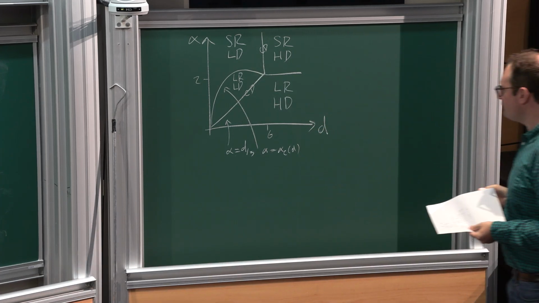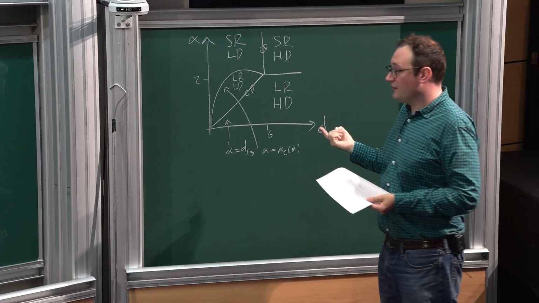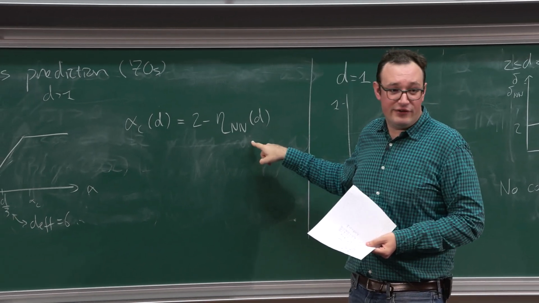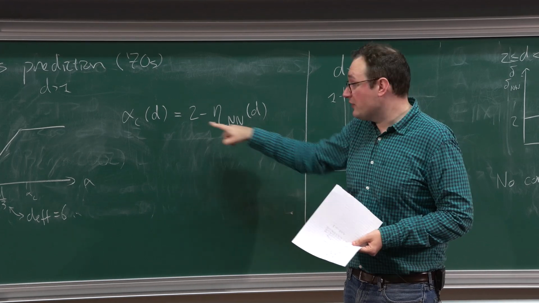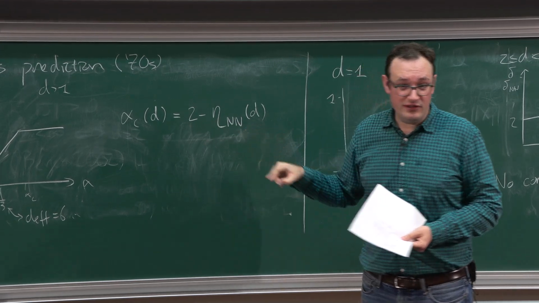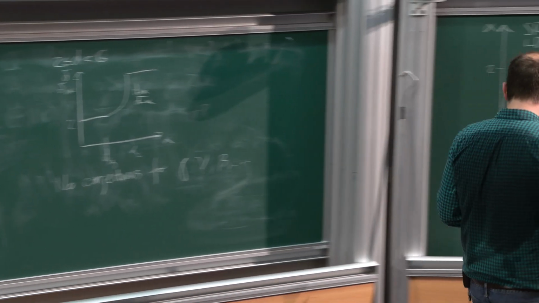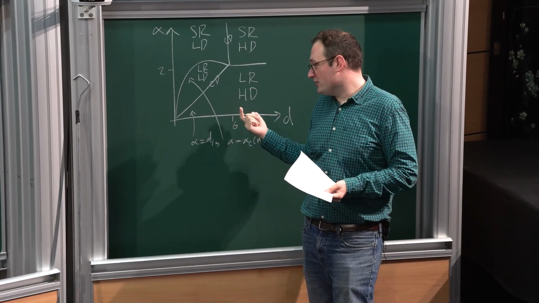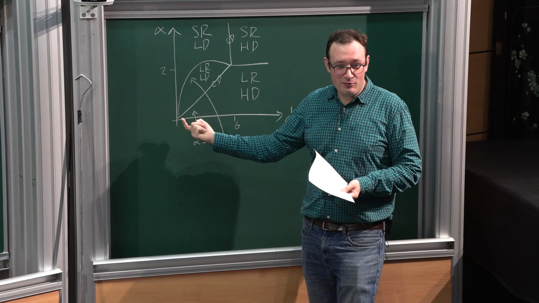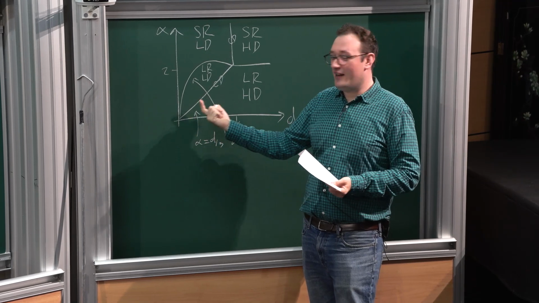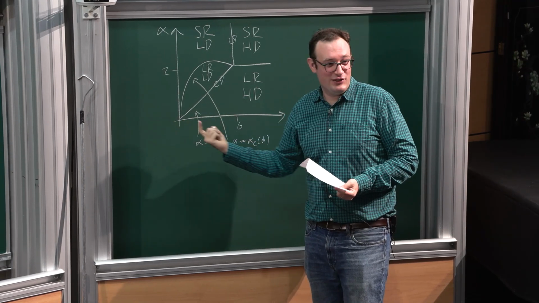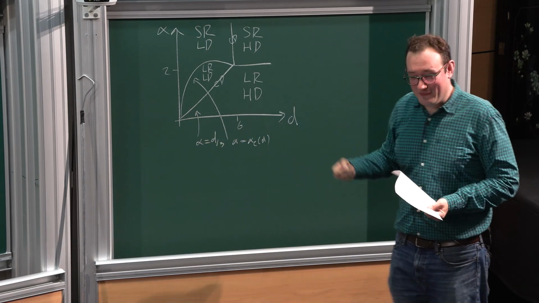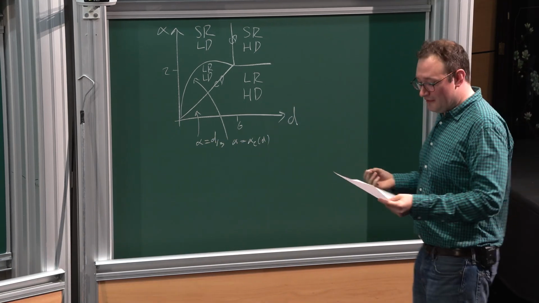In particular, of course, this is something you also see here. In high dimensions, the nearest neighbor value of eta is just 0, so we get alpha c is 2 in high dimensions. Whereas in low dimensions, one thing I should stress about this picture is that I've drawn it down to 0, but of course d is really an integer, and the interpolation of this picture down to 0 is highly non-unique, so don't draw too much from it.